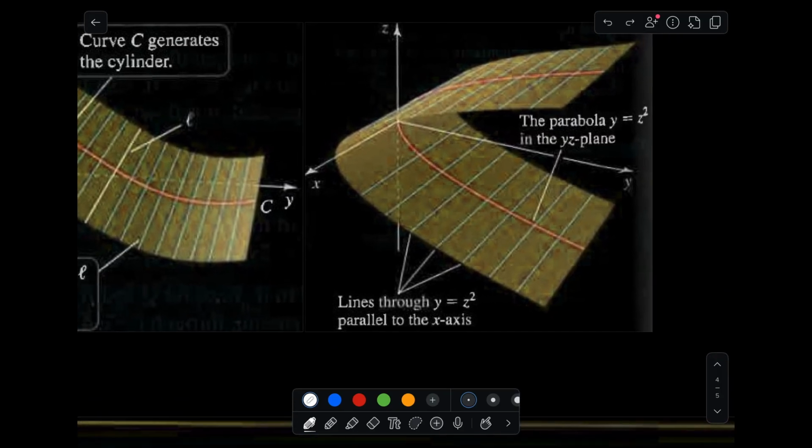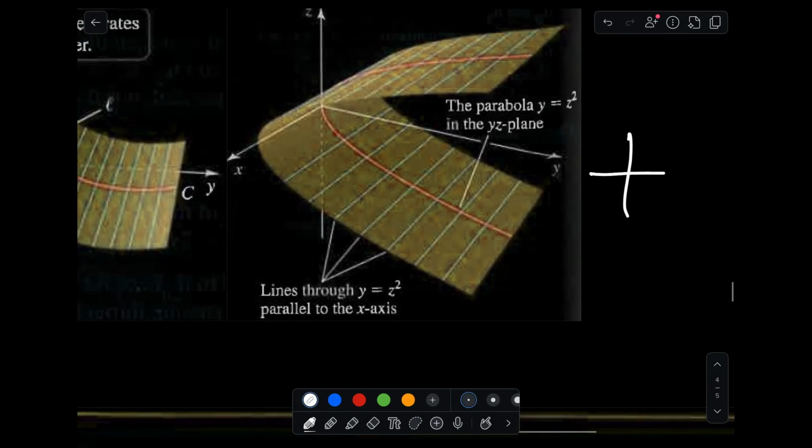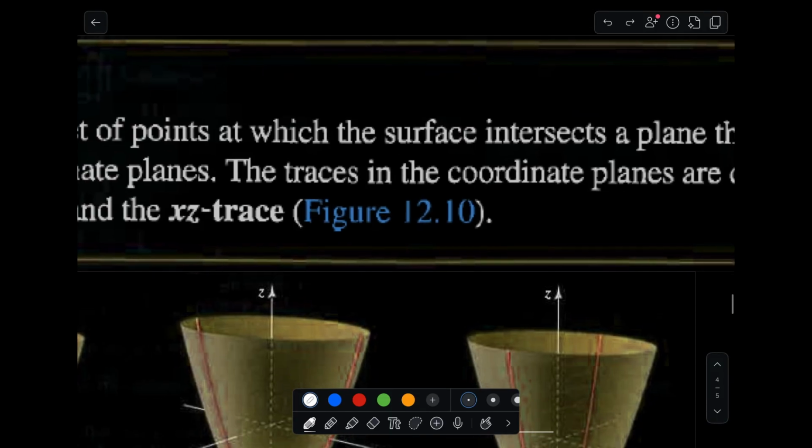Same thing for this parabola right here. It's y equals z squared. And if you were to graph it in the yz plane, like this, you would get a parabola like this. But that parabola is pointing out at you, and you're not even realizing it. That's a cool thing to think about as well, and it's going to help a lot with graphing